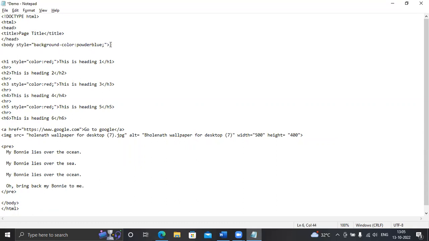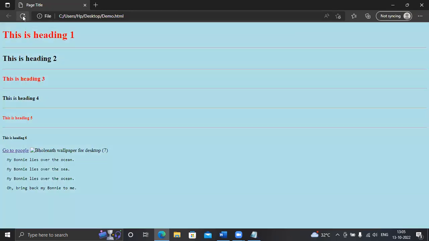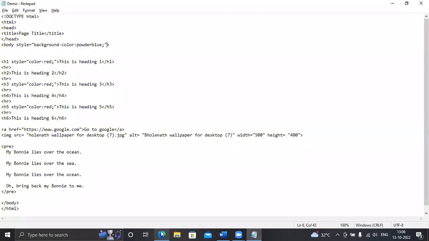Let me run the program and let's see the changes. Look, the background color of the body has been changed to powder blue. For any color, just give the name of that color. And one thing, let me tell you how you can pick a color by using the color code.